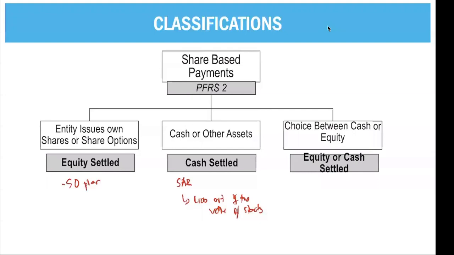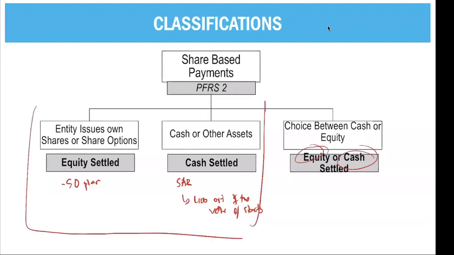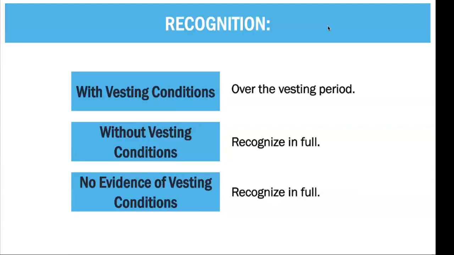If it is a hybrid of equity or cash settled, you need to classify whether it is equity or cash. Therefore, it boils down to these two items, whether it is equity or cash settled. Now, since we already know how to recognize and properly classify a share-based payment, stock options being equity settled and share appreciation rights being cash settled, our next problem is how do we measure these equity settled and cash settled? So